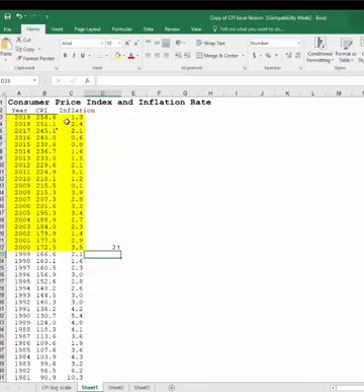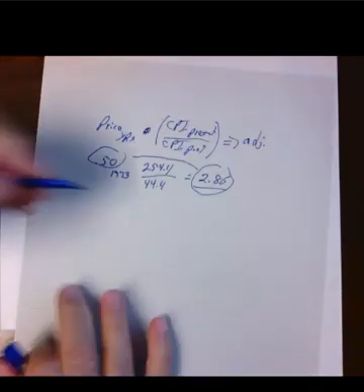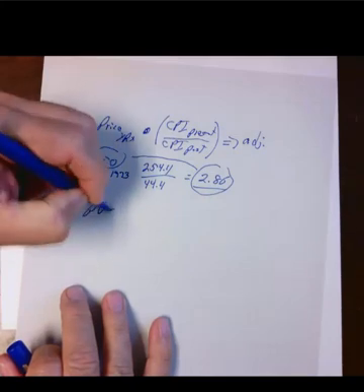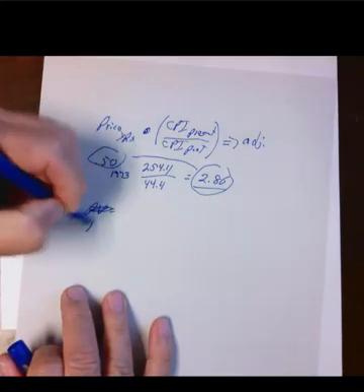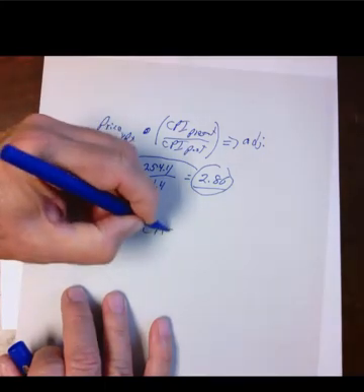You can't take an arithmetic mean of these numbers because they're compounding on top of each other. A big inflation rate in 2000 becomes the base in 2001 and in 2002 and so forth. So arithmetic means won't work. Instead, what you need to do is use a compounding formula. And the one we will always use in this class, and the simplest one, is just the present value. Let's do it the other way. The future value of something is equal to the present value times 1 plus the growth rate raised to the